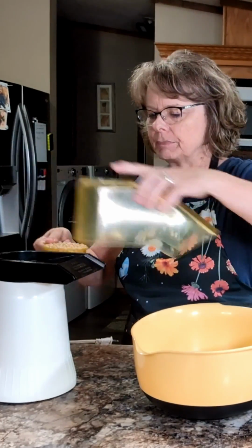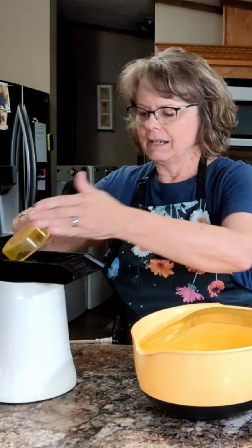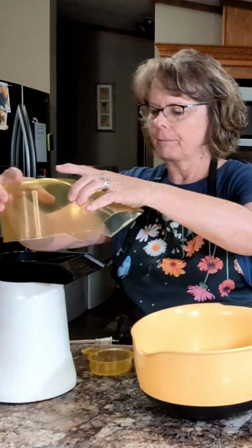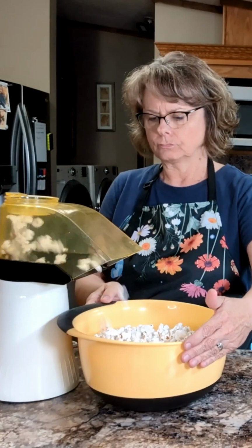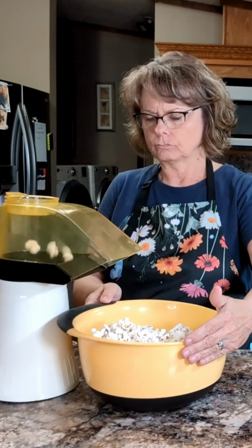This microwave caramel corn is a game changer for anyone who loves caramel corn because you can have a fresh warm batch within about 25 minutes. You'll want to have everything ready to start with because it's a fast process and you need to have everything